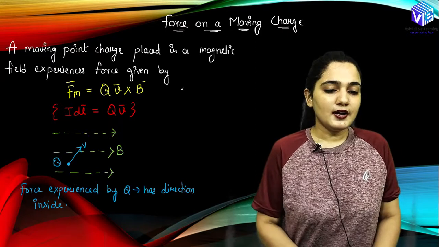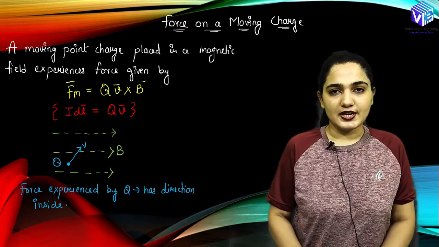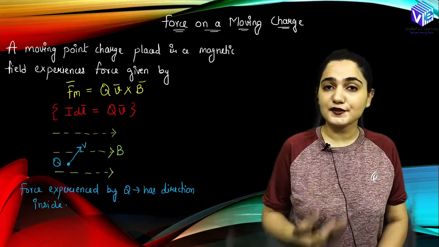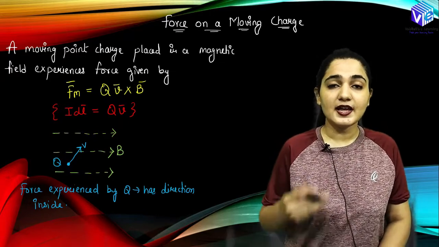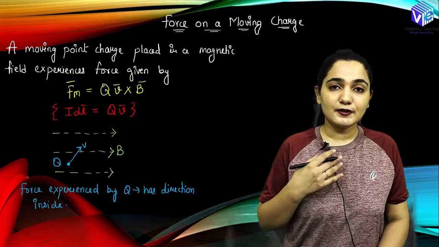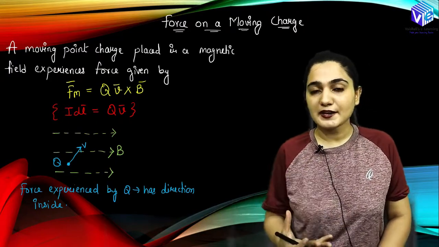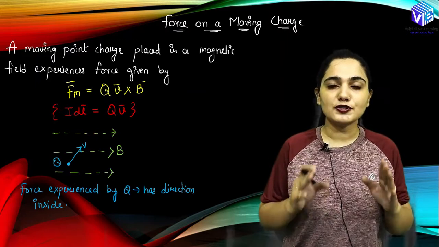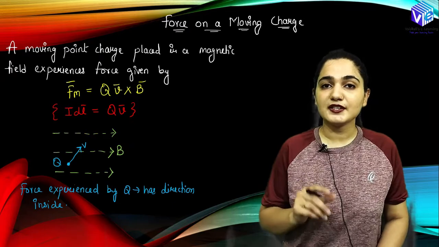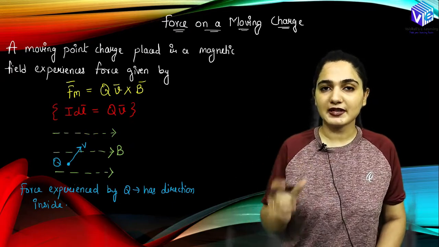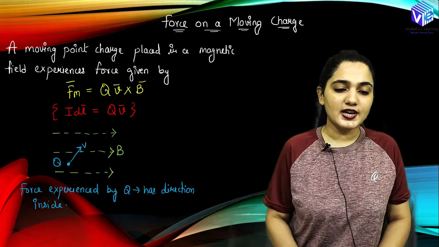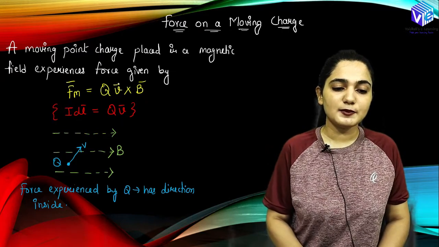So now the force on the moving charge. How can I represent this force? The charge is moving now, we all know this thing. So there would be some influence of electric force as well. So electrostatic force would be there, magnetostatic force would be there. Now I am going to calculate the total force, right? So this total force which is present due to the electrostatic force as well as the magnetostatic force is the Lorentz force. So a moving point charge placed in a magnetic field will be experiencing the force.